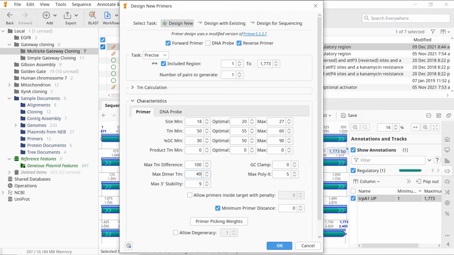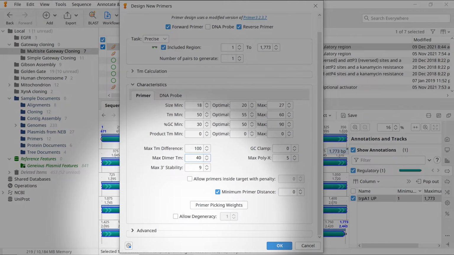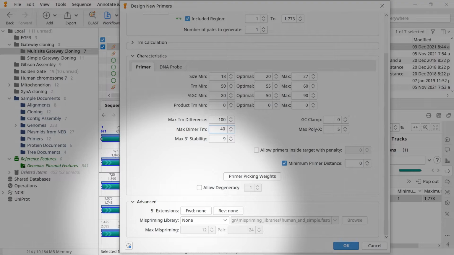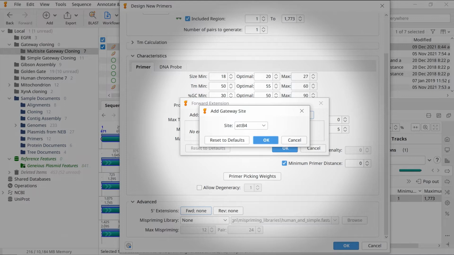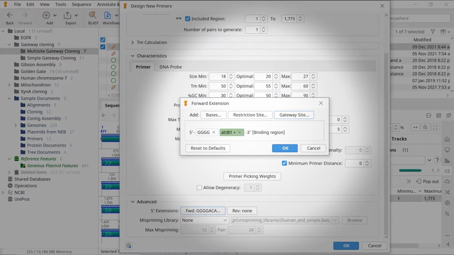To add the 5' ATB sites to the primers, select the Advanced option at the bottom and start with the forward primer. Select the Gateway Site button to see the available ATB sites to add for gateway cloning. Then, use the drop-down menu and choose the appropriate ATB site for your experiment. Remember to refer to the table from the Gateway Cloning tutorial page on the Genius website to ensure you select the correct ATB site. In the preview window, you can see that 4 guanine nucleotides will be upstream from the ATB site, ensuring the clonase enzyme binds efficiently to the terminal ATB site during cloning.